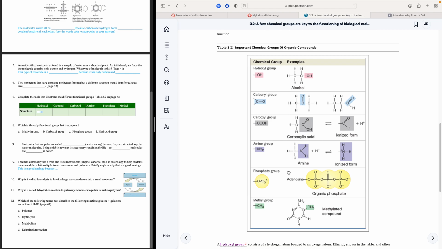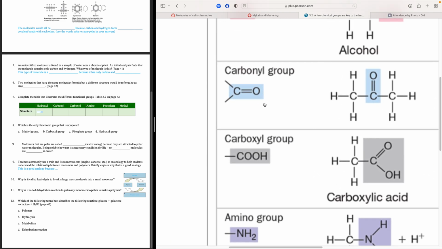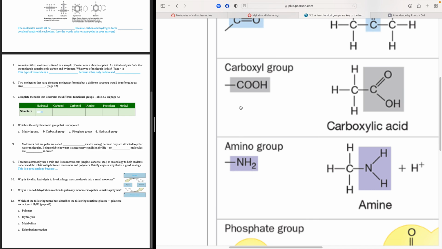So, what did you write down for carbonyl group? A carbonyl group right there. You're going to write C double bond to an oxygen. So that's what you write down over in this little box. A carboxyl group. That is a COOH. And they give you examples of what it would look like hanging off on the end of a carbon